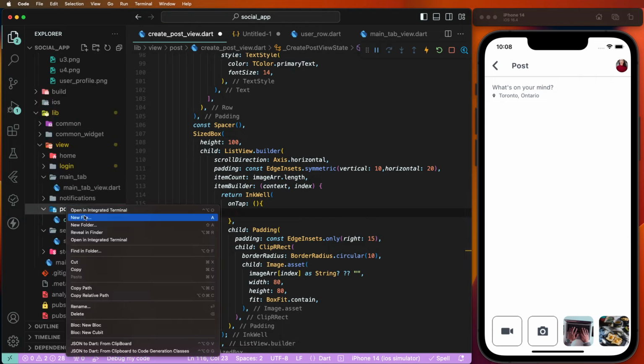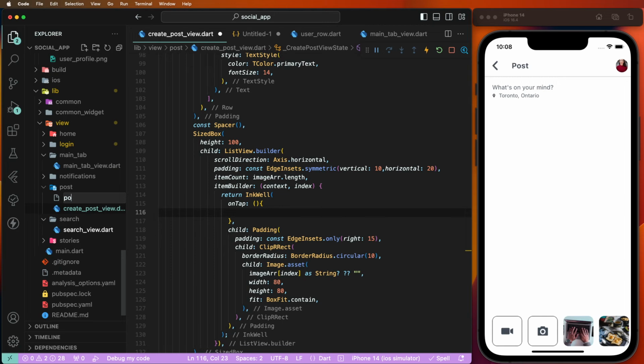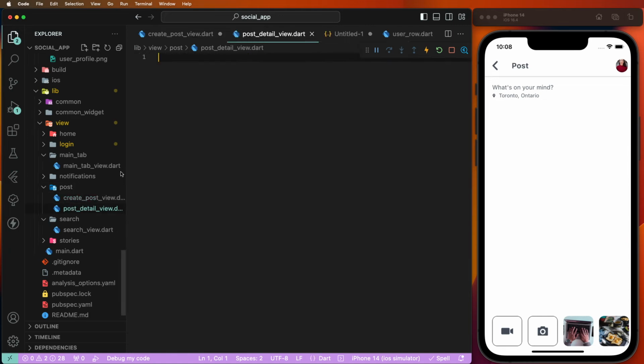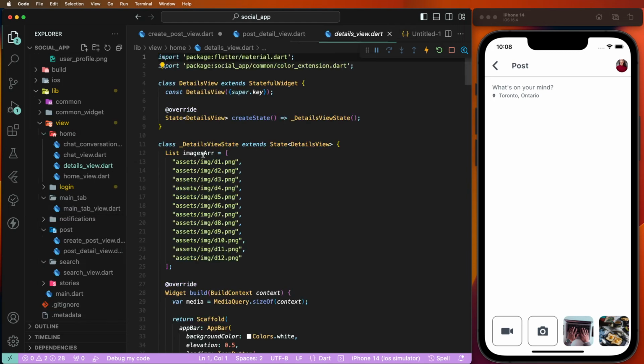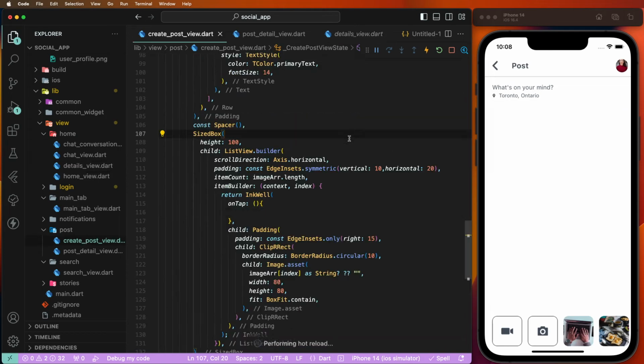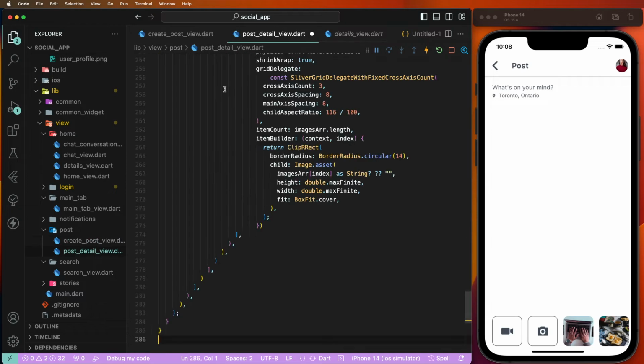Now need to create here the new files and to copy here the user detail screen. Need to copy here, so go inside homes detail view to copy this all. Paste this here like